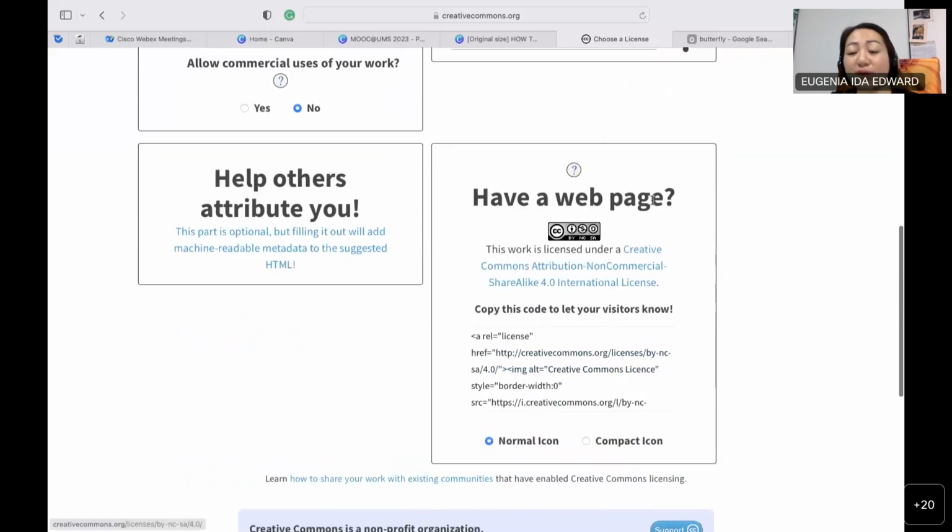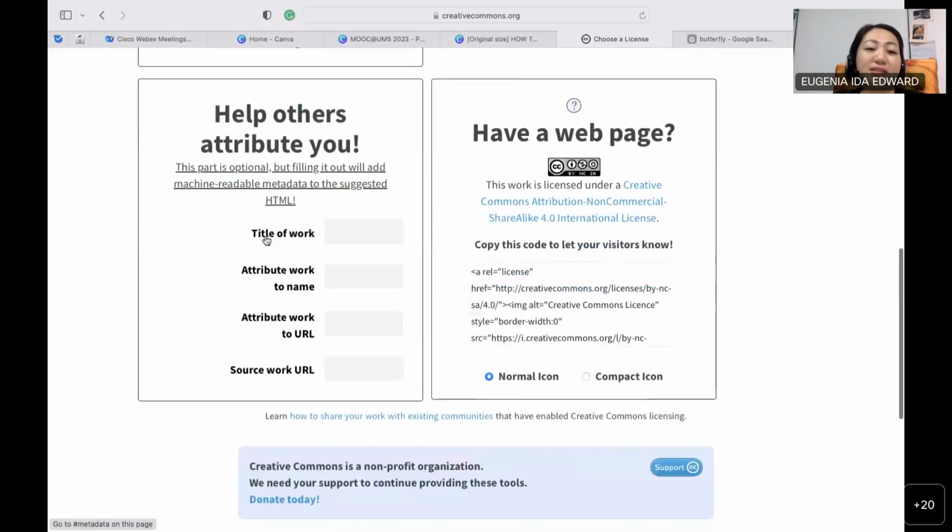So what you need to do once you have done that is copy here and then paste it on your Microsoft document or pages.